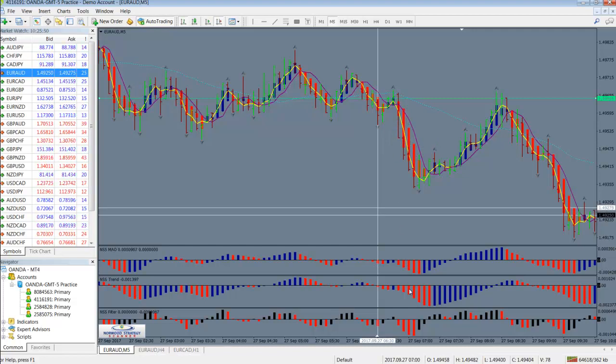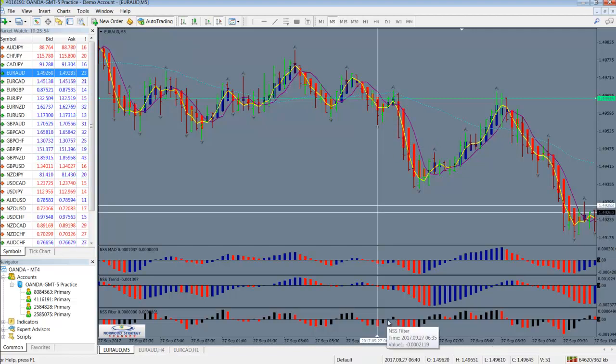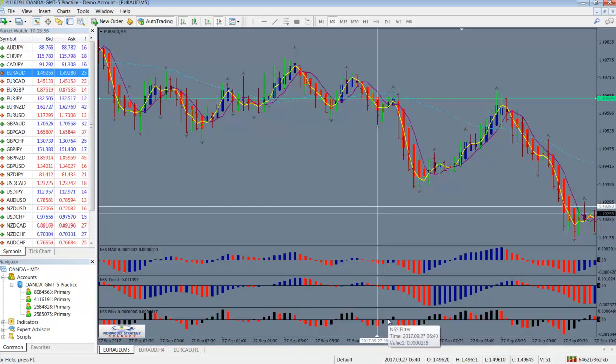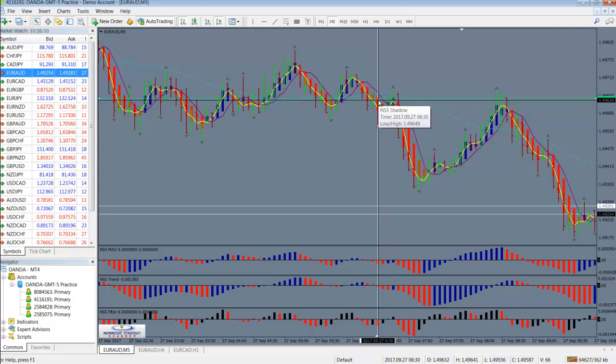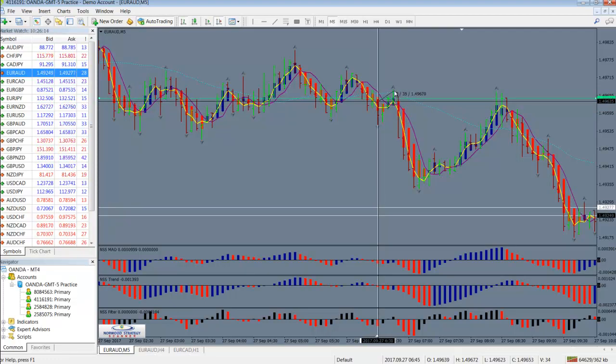What I'm looking for is an exit when one of two things happen. Either the filter changes, crosses the zero line, or the filter and the Mayo are the same color, going the opposite direction. So if you had entered this trade right here, you would have a small loss or a break even. But the other thing to take into account is